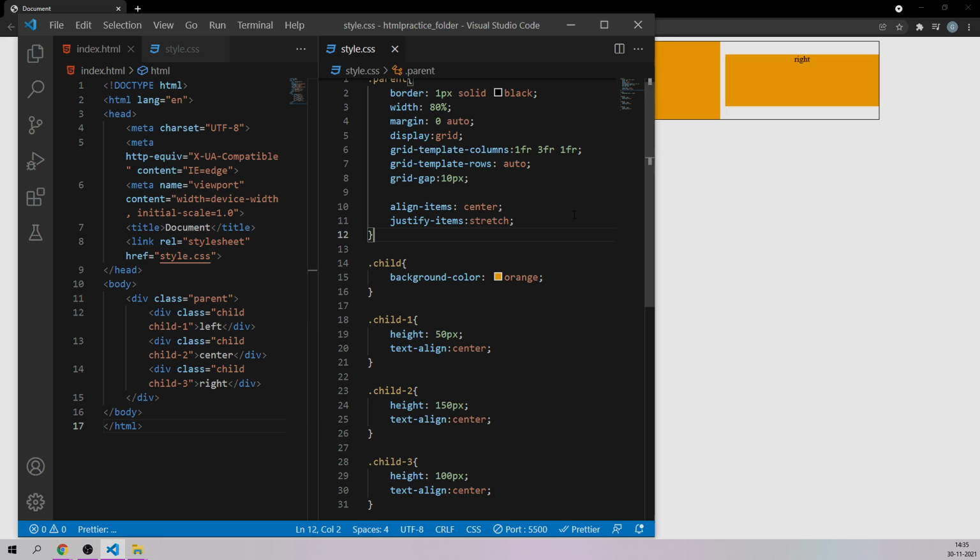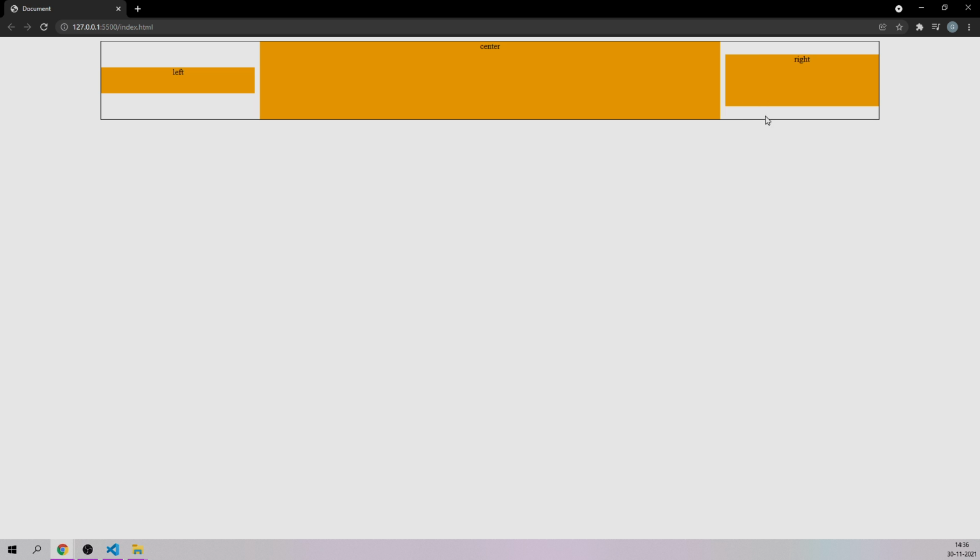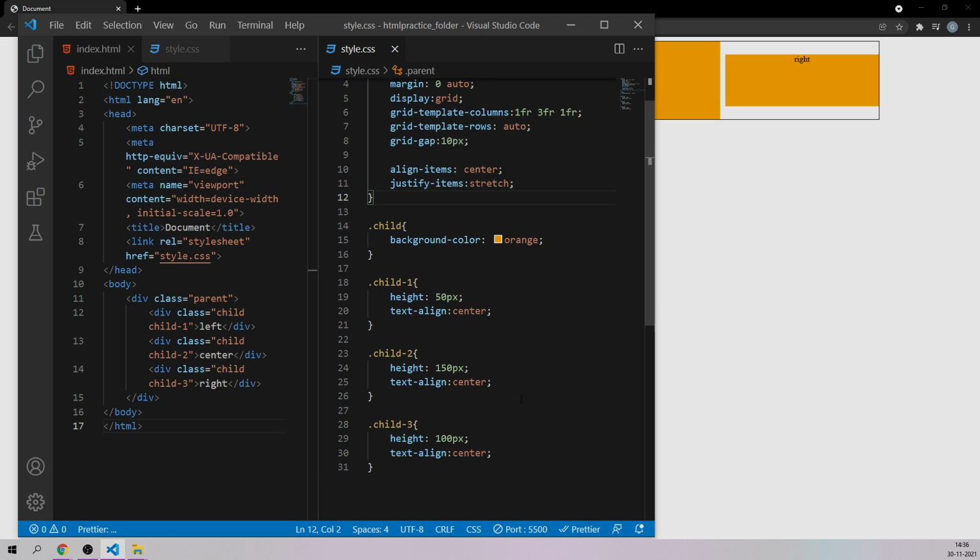And suppose we have not mentioned any height for these elements. Right now I am working based on the height. I have given 50 pixels, the height of the second child element is 150, and the height of the third child element is 100. Now let's suppose we don't have the height mentioned.